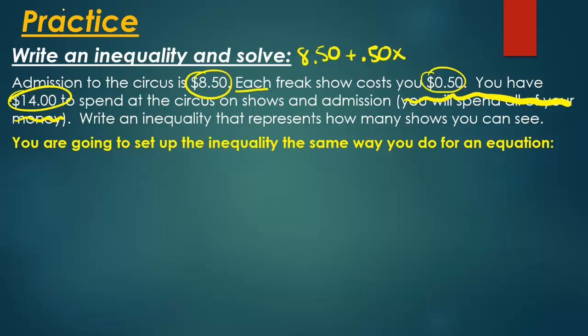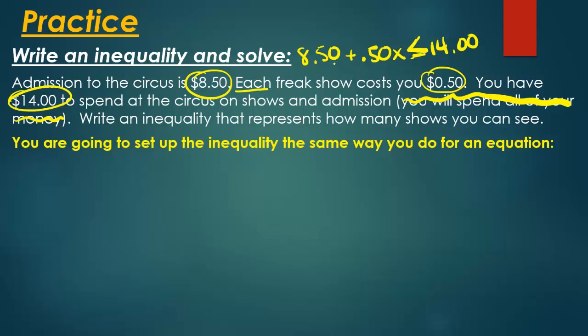Okay, so that's going to go on the other side. Normally, if this was an equation, you just put the equal sign and you'd be done. But in this case, it's an inequality, so we're not going to have an equal sign. So what do we do? Okay, so if I write it so that it's like this,